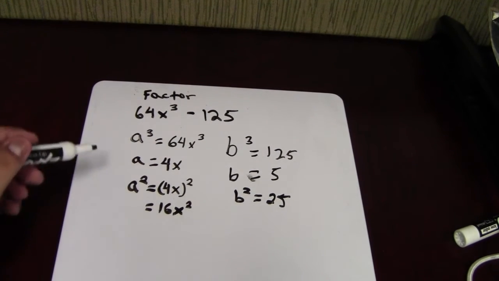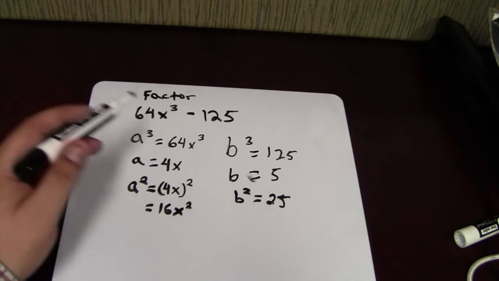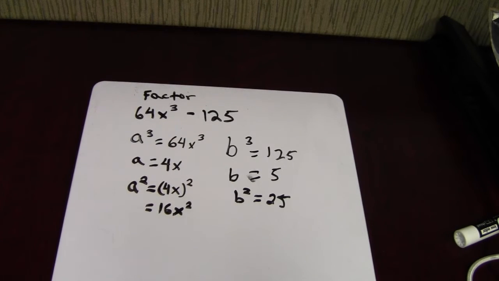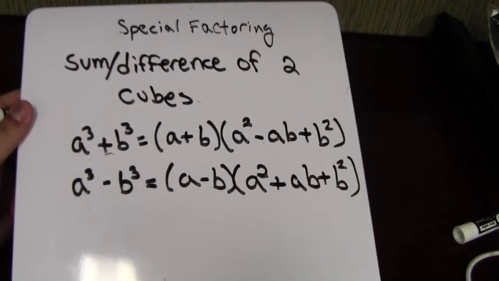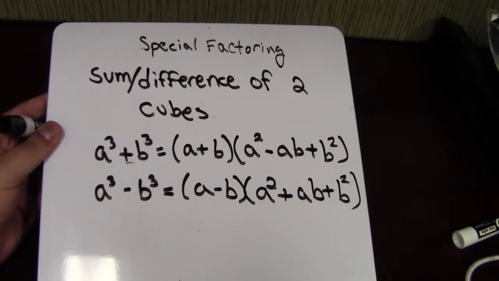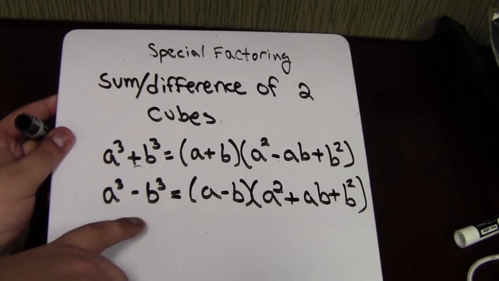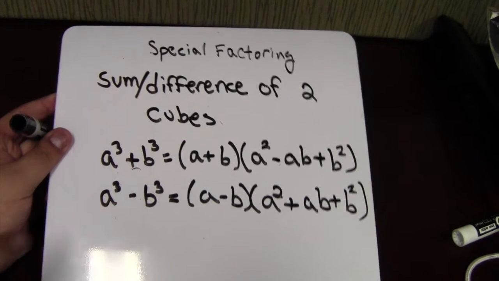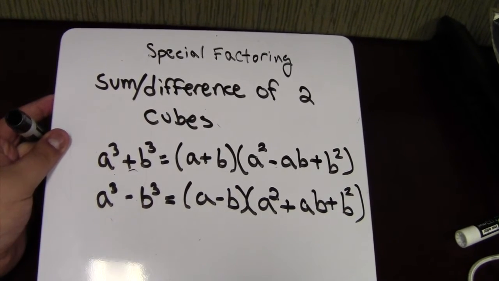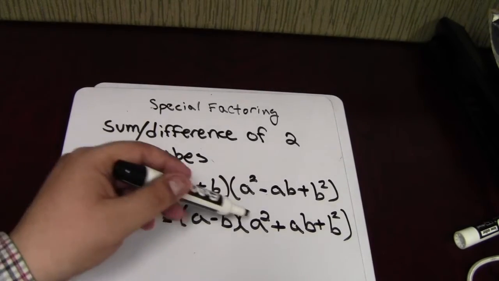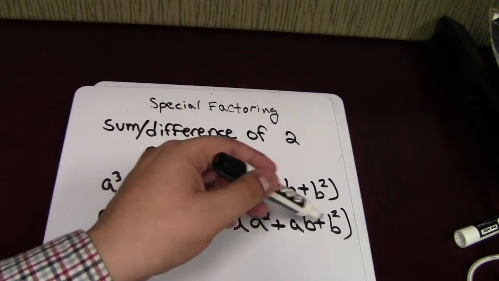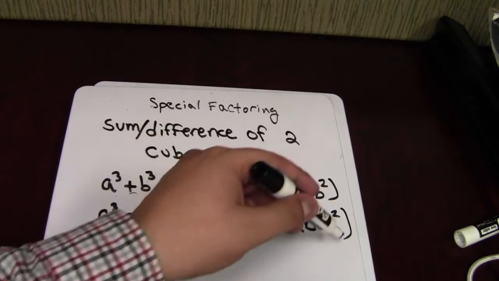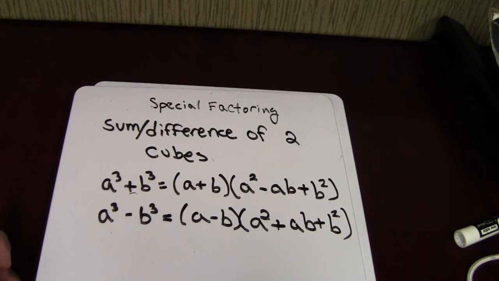Now, why did we find a squared and b squared? Let's take a look here. If we notice in this formula, with the difference of cubes, we need a and b here. We also need to have a squared, ab, and b squared. So we need all of these in order to use this pattern. Since we have them all,